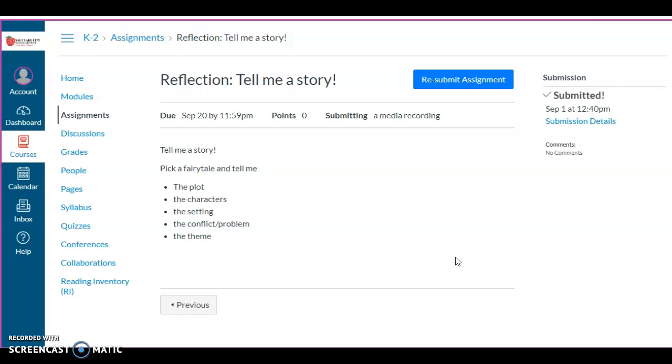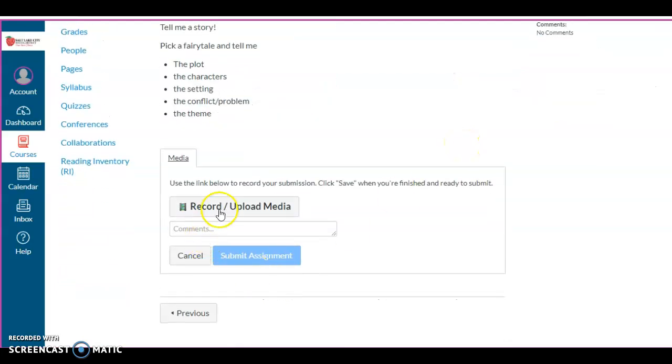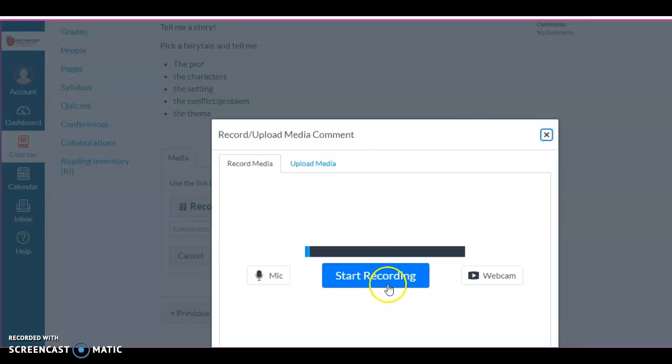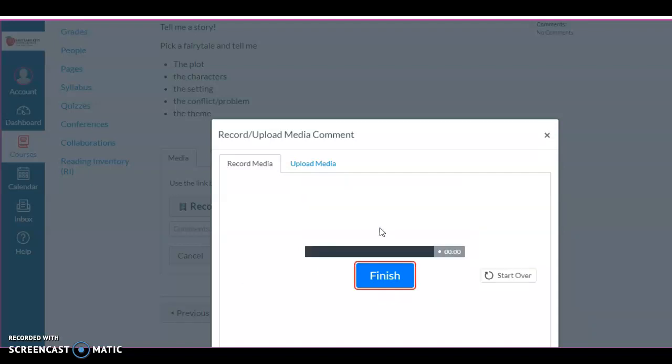So to do this, you're going to click this blue button right here, and I've already submitted it, so it says Resubmit Assignment, but yours will just say Submit Assignment. And you're going to come right here and click Record/Upload Media. And this is going to pop up, and all you have to do is hit Start Recording, and it will count down for you. And then you can go ahead and tell me the story, the characters, the setting, the